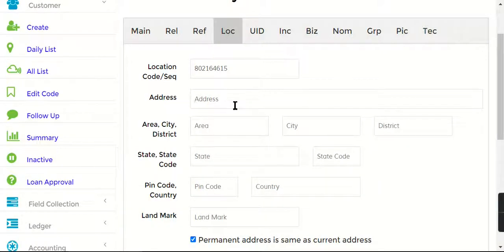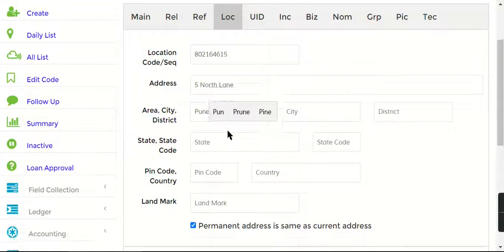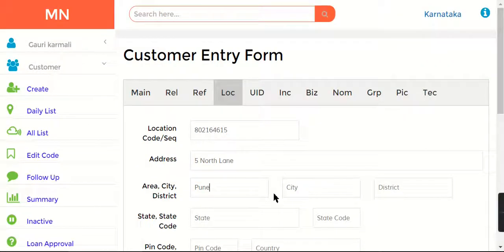You can add address, say area, maybe say Pune. Okay, actually area could be like Prabhat Road, city will be Pune, district will be Pune, state will be Maharashtra.